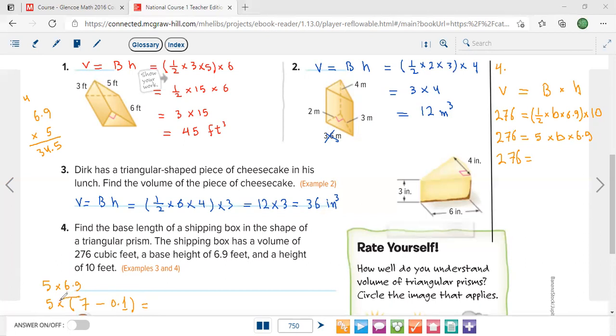So distribution, we have studied this before. 5 multiplied by 7 is 35 minus 5 times 0.1, 0.5. So 35 minus 0.5, like 35 minus half, it's 34 and a half, which is 34.5. So you find it this way or that way, it's up to you. It is 34.5. So here 5 times 6.9